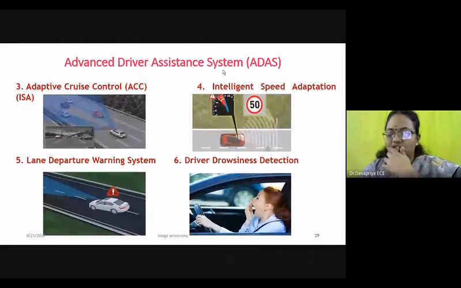And another interesting area is driver drowsiness detection. In earlier days, our parents would say that the person sitting next to the driver should not sleep. They should be active, since if the driver gets drowsy, the whole system will collapse. So how do we know whether the driver is getting drowsy? What symptoms do we notice while feeling drowsy?